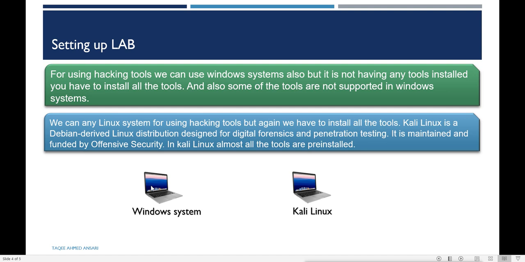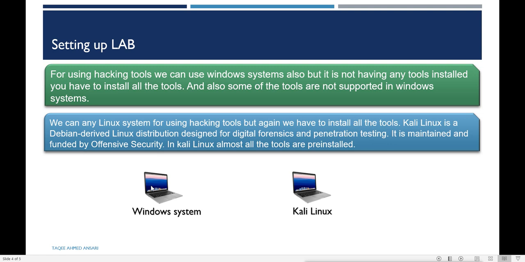So it has all the tools and functionality available, already installed in that Linux system, and it is maintained and funded by the Offensive Security group. It is open source and free, and whatever tools we require are easily available.